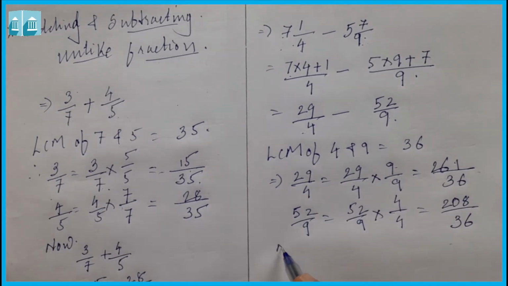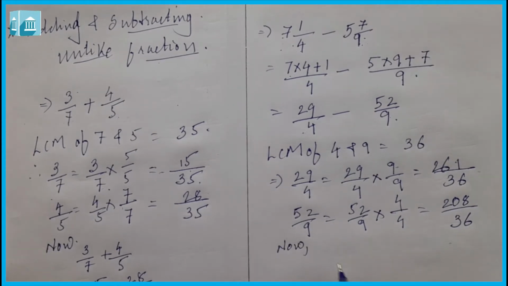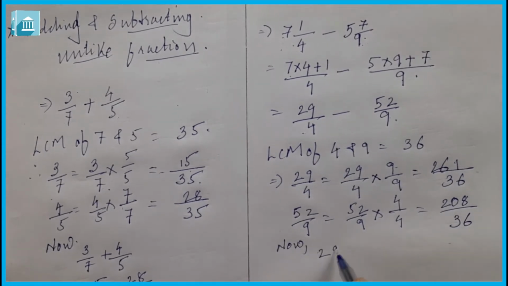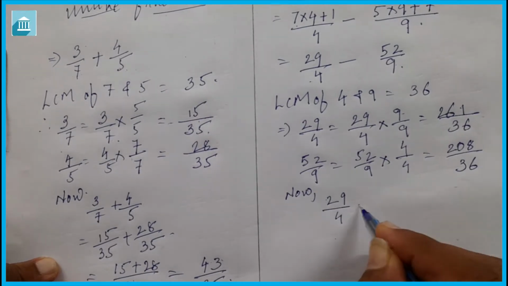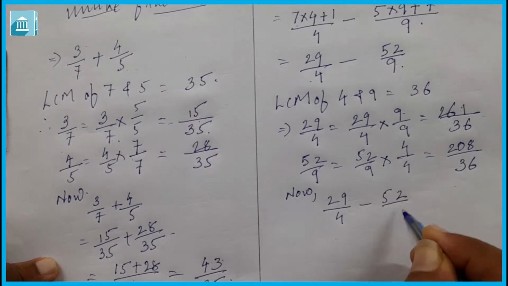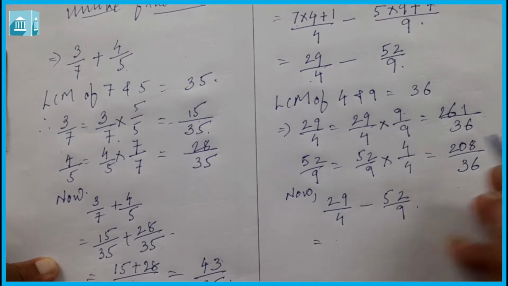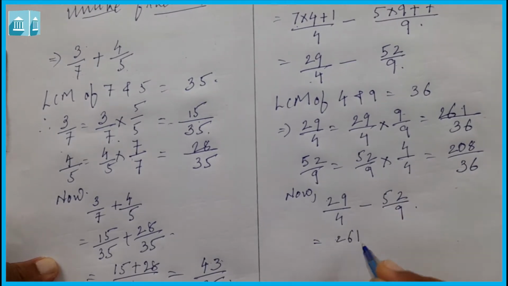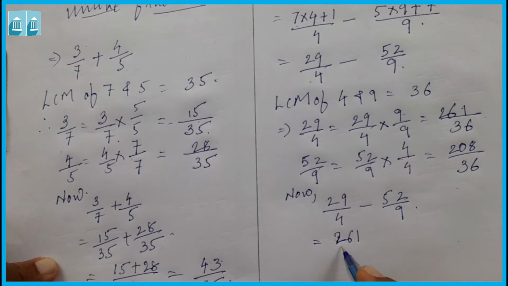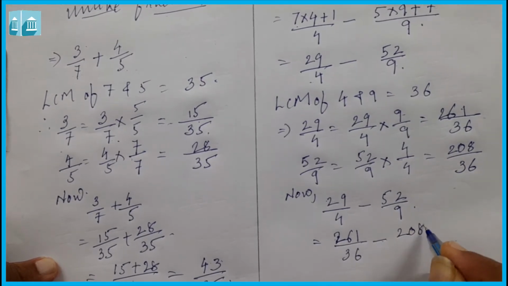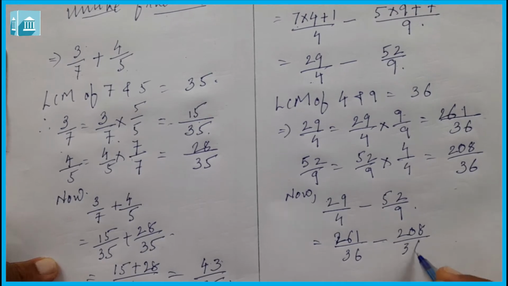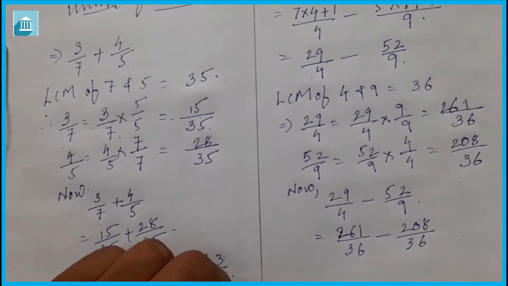So now we can say 29 by 4 minus 52 by 9 is equal to, 29 by 4 is 261 upon 36 minus 208 upon 36. This will be equal to